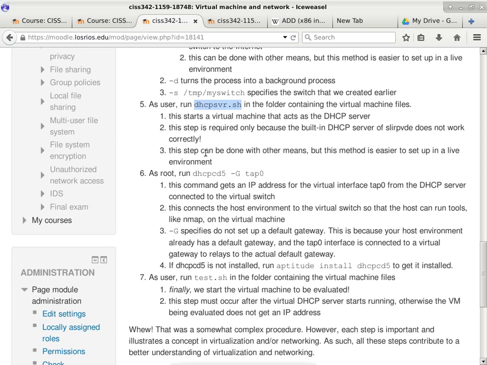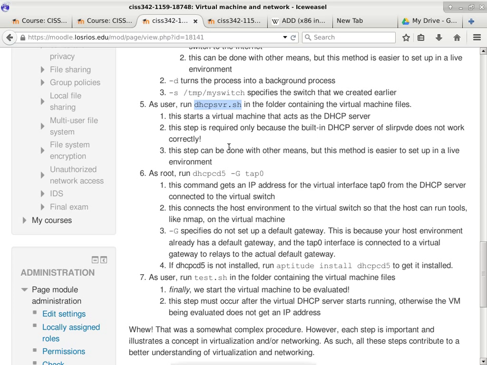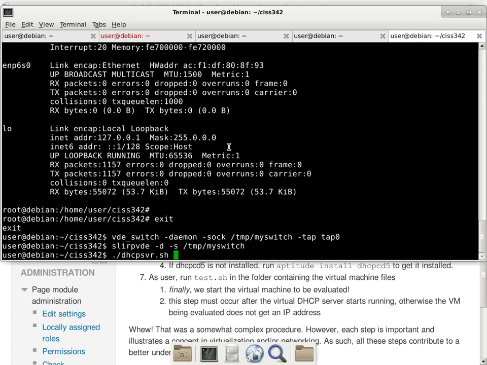Okay, well, we'll go ahead and do this. So we say ./dhcpsvr.sh. Now, I didn't write it down here, but I should have. When you run this command, you might want to specify an ampersand at the end, kind of like a dash D. If you don't specify an ampersand, it will run, but it won't give the command prompt back to you. Well, you can always open up a new tab, another command line interface, but this is more handy. Just give it an ampersand, which is basically telling bash to run this command in the background.